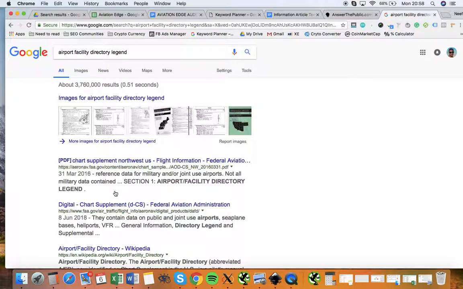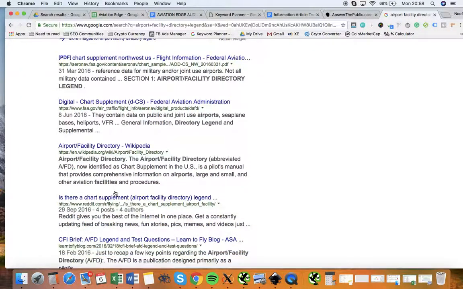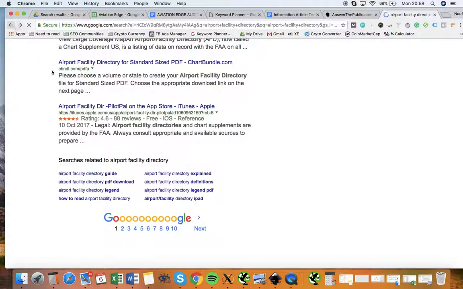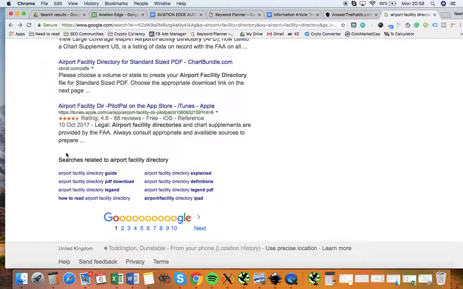Maybe I'm not going to go into great depth to try and figure it out, but just say, for instance, that was something we could do. How to read airport directory. So what we're going to do is, look, we've got some great ideas here for headings and different subheadings as well. So what we can do is, maybe we want